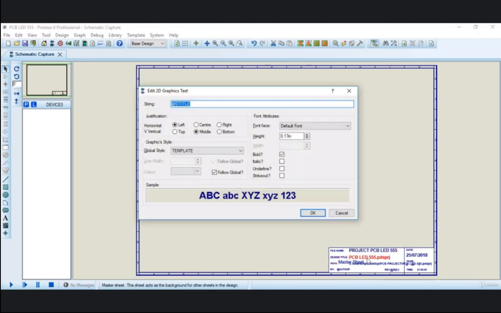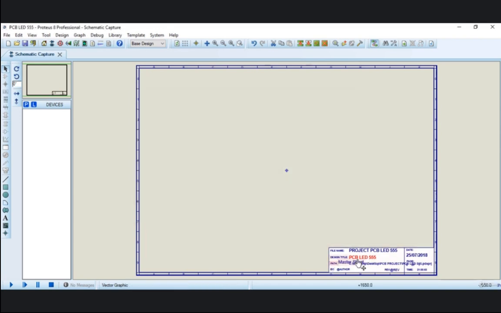Double clicking on that, you can change the title string, and change the path.